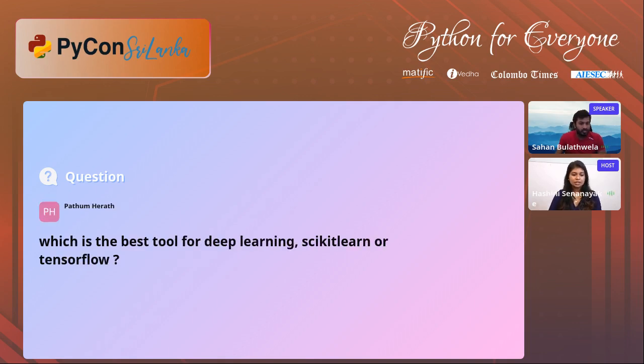The next question at this stage is, what is the best tool for deep learning,